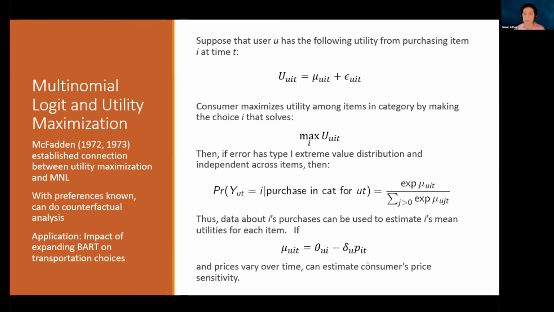And so down here at the bottom is the functional form that we often would put on a mean utility. This is actually on the flexible end of what people have typically used in IO. We're going to have a price for item I at time t. This coefficient, delta U, is going to be a consumer-specific preference for price. And then there's going to be a mean utility that we're going to say user U has their own special utility for item I. And usually, we'll put more functional form assumptions on it to restrict it further, because it's going to be hard to estimate those.